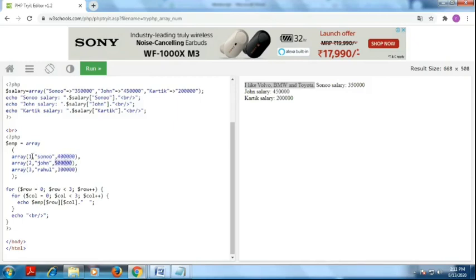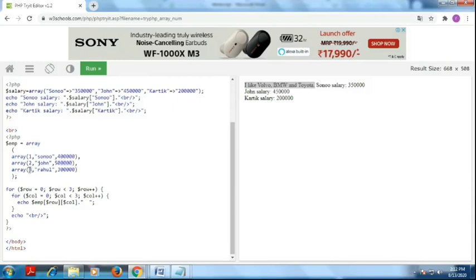What is the meaning of one row and column? You have to mention that. If you mention rows and columns, you have to use a for loop. Here, row equal to 0. So, 3 rows, sorry, 3 rows and 3 columns. The first row, first column value is 1, first row, second column the value is Sonu, first row, third column is 40,000, and second row, first column value is 2, second row, second column the value is John, second row, third column is 50,000.